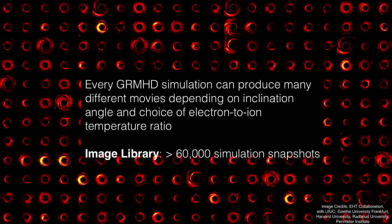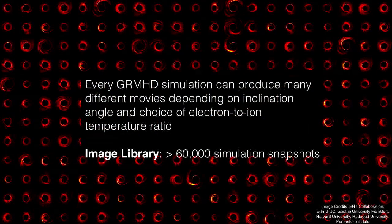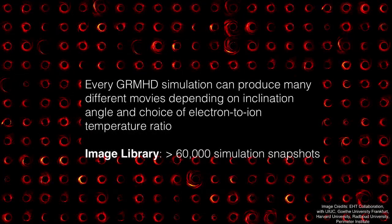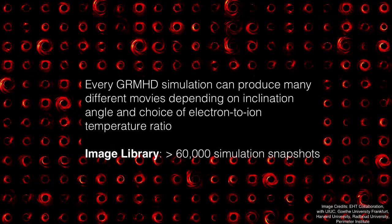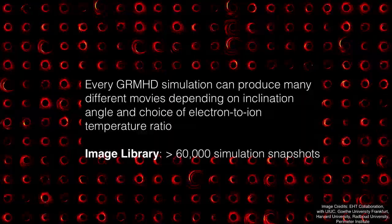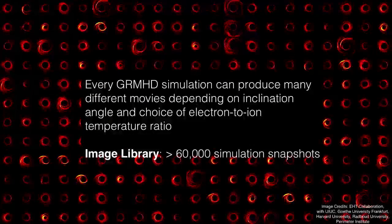With these 43 simulations, we can construct thousands and thousands of movies. We constructed about 60,000 individual snapshots by varying other parameters, like the inclination angle, how we are viewing the black hole. We know that the jet at M87 is pointed basically directly at us, but we can vary that a little bit and see the differences that we get. Once we do that,